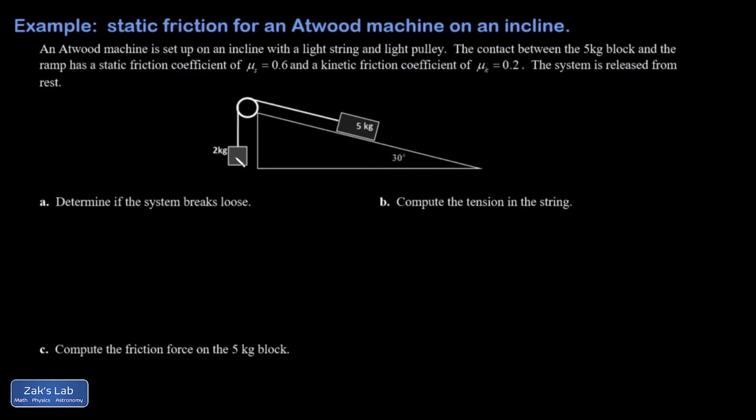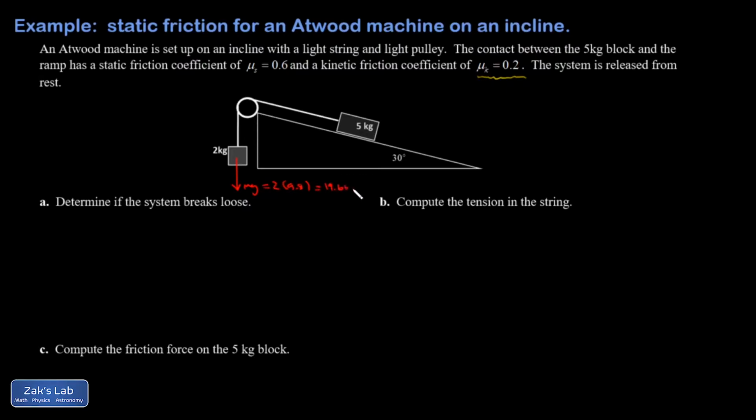So if it turns out that we require a static friction force bigger than possible, then we know it breaks loose, and we have to change our strategy to one where the system is accelerating and we're using kinetic friction instead of static. So again, we're going to assume first that it doesn't break loose, and I'm going to do a force analysis. So looking at the hanging mass here, the weight is mg, that's 2 times 9.8, that's 19.6